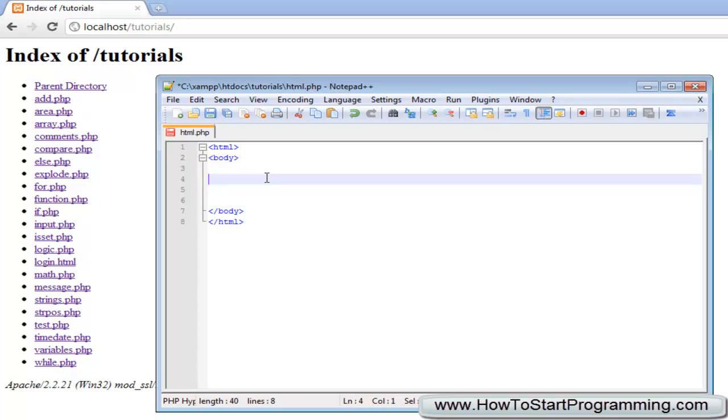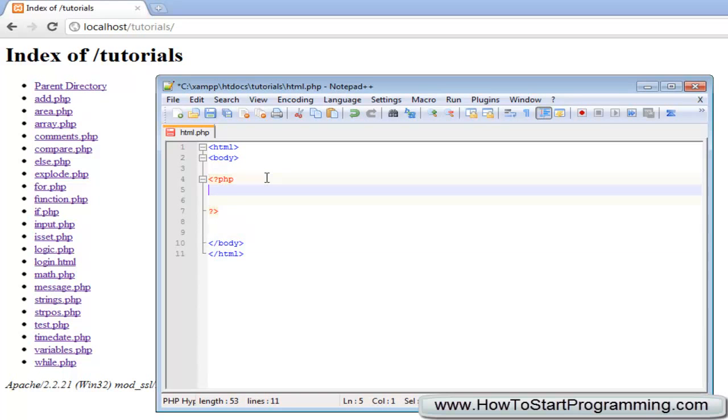Now we've covered this, so we're not really learning anything new by this. But what we can easily do, we can start our PHP tag, end it, and we can echo out HTML enclosed inside of these single quotes. So we can just have a bold tag, an underline tag, and say, this is a test,